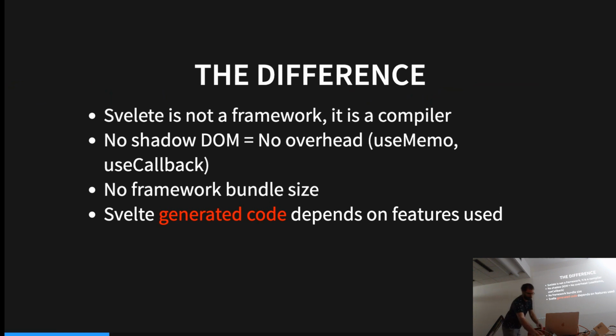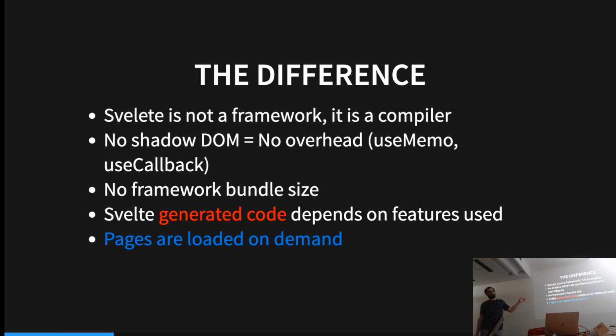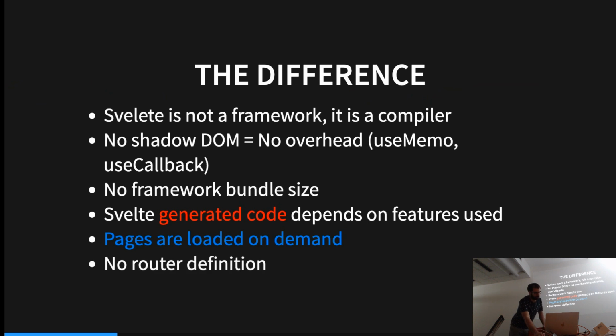You never load the whole app at the same time. You always load stuff on demand. Every single page by default is loaded. When you click on the page, then you will get new piece which the supper will give you from backend. So every single initial load on any page of the app is like super fast, super small bundle. And every other is then loaded on demand, or you can handle it yourself.